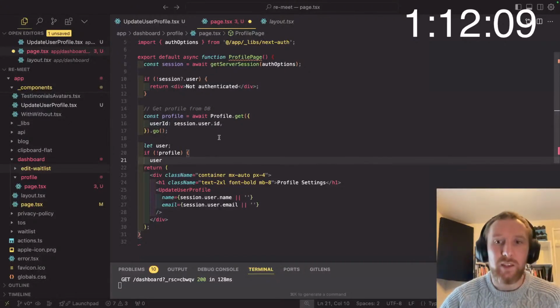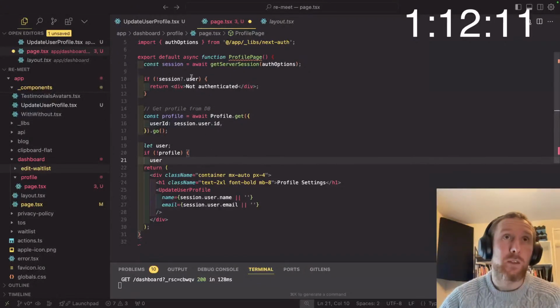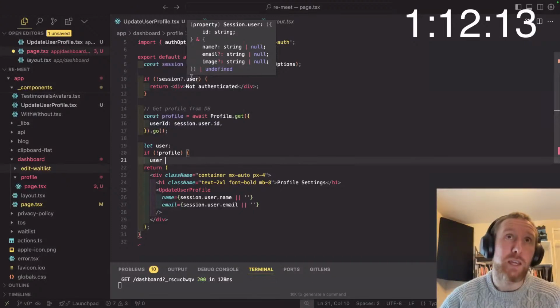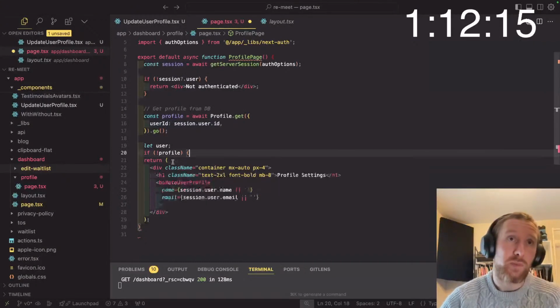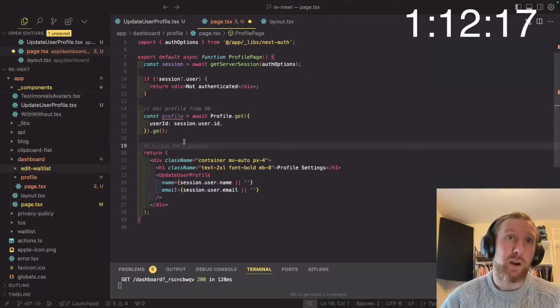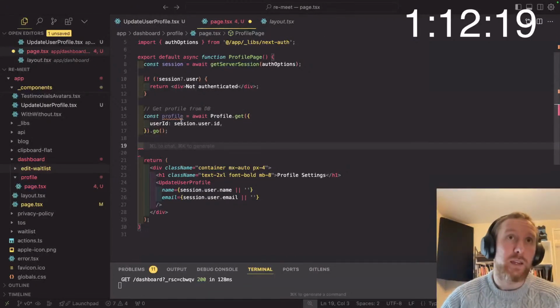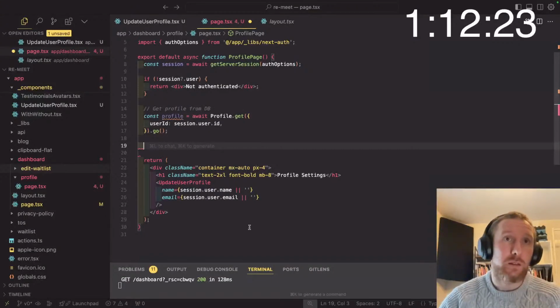Actually, we don't need to get the user directly because the user here itself has name, email, and image. Since we only need the name and email, we're going to get the profile, and update is going to be